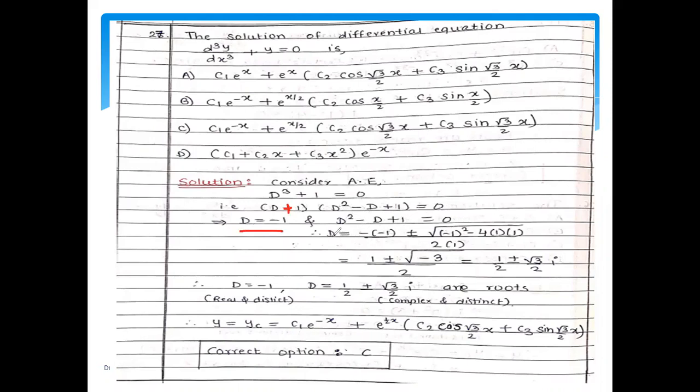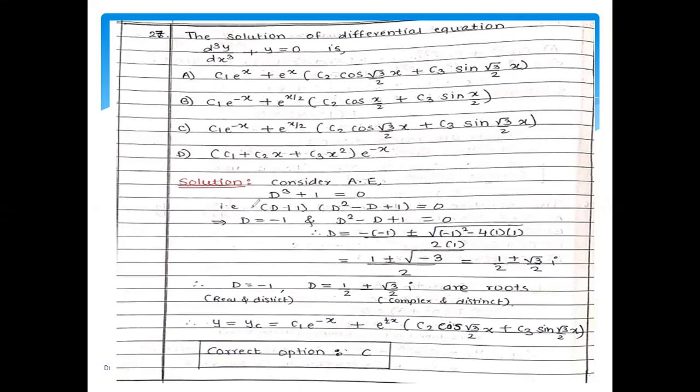By using the quadratic formula, we can write down the value for d, that is d equal to minus of minus 1 plus minus square root of b square, here b equals minus 1, square, minus 4 times ac. Therefore, 4 times 1 into 1 upon 2a. Therefore, here we have 2 times 1. Right? Here we have minus 1 square is plus 1. 1 minus 4 is minus 3. And therefore, we have d equal to 1 plus minus square root of minus 3 upon 2. Again, you know, square root of minus 1 is i, and therefore, after separating the denominator here, you get the value of d as 1 by 2 plus or minus root 3 by 2 i.